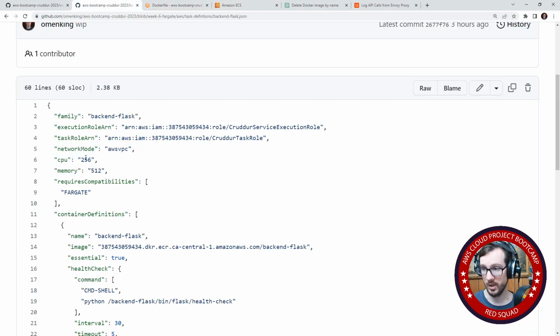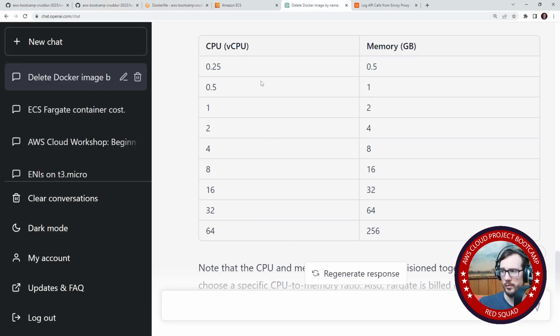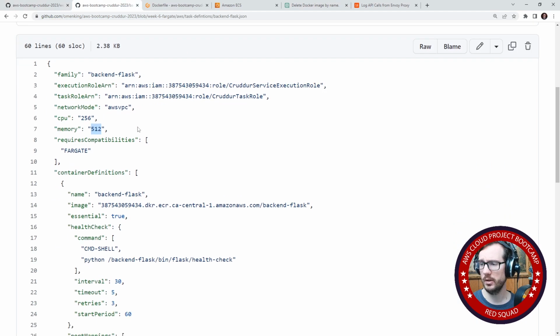Notice I'm doing 256 and 512. So that is the lowest we can go. Usually a Ruby or a Python app needs more memory, like 1 or 2. But we're going to just try to run it at 0.5 for both the front end and back end to get away with it if it's possible. Okay. So going back over here,